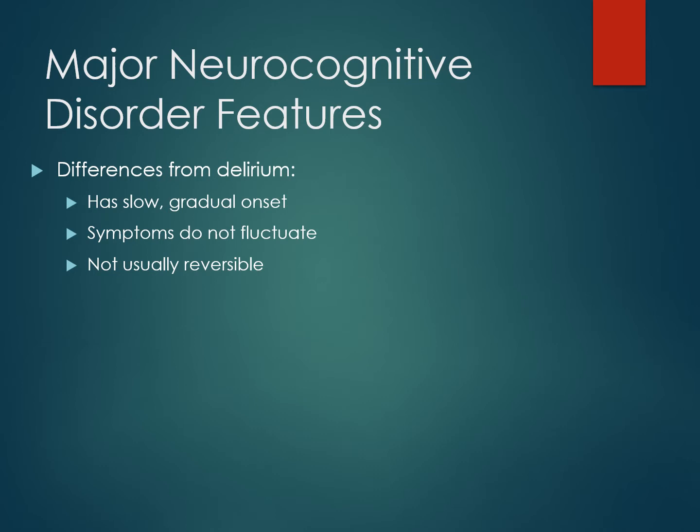Evidence of the sundowning effect is not inconsistent with the supposed stability of symptoms seen in major neurocognitive disorder, as its pattern is reliable and it has a sensible explanation. This is different from what we see in delirium, where at any time of the day, the severity of symptoms can shift, and it's not a reliable pattern. Additionally, people with delirium can function for some period of time at a typical level before retreating into a declined cognitive state again. We will not see people with major neurocognitive disorder be able to function at prior cognitive levels, even temporarily.